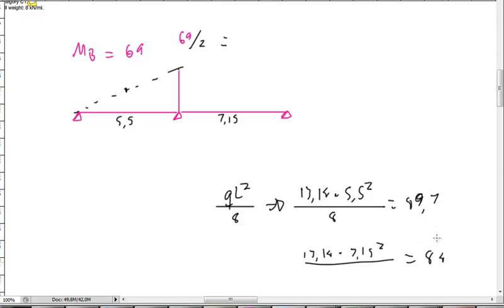Okay, so 69, so half of the distance here is the half moment here, so 69 divided by 2 is equal to 34.5, so you have 34.5 minus this value 49.7, go down, and that would be 34.5 minus 49.7, so it's a bit messy. So here is minus 15.2. So the moment diagram will be like this on this side, and here